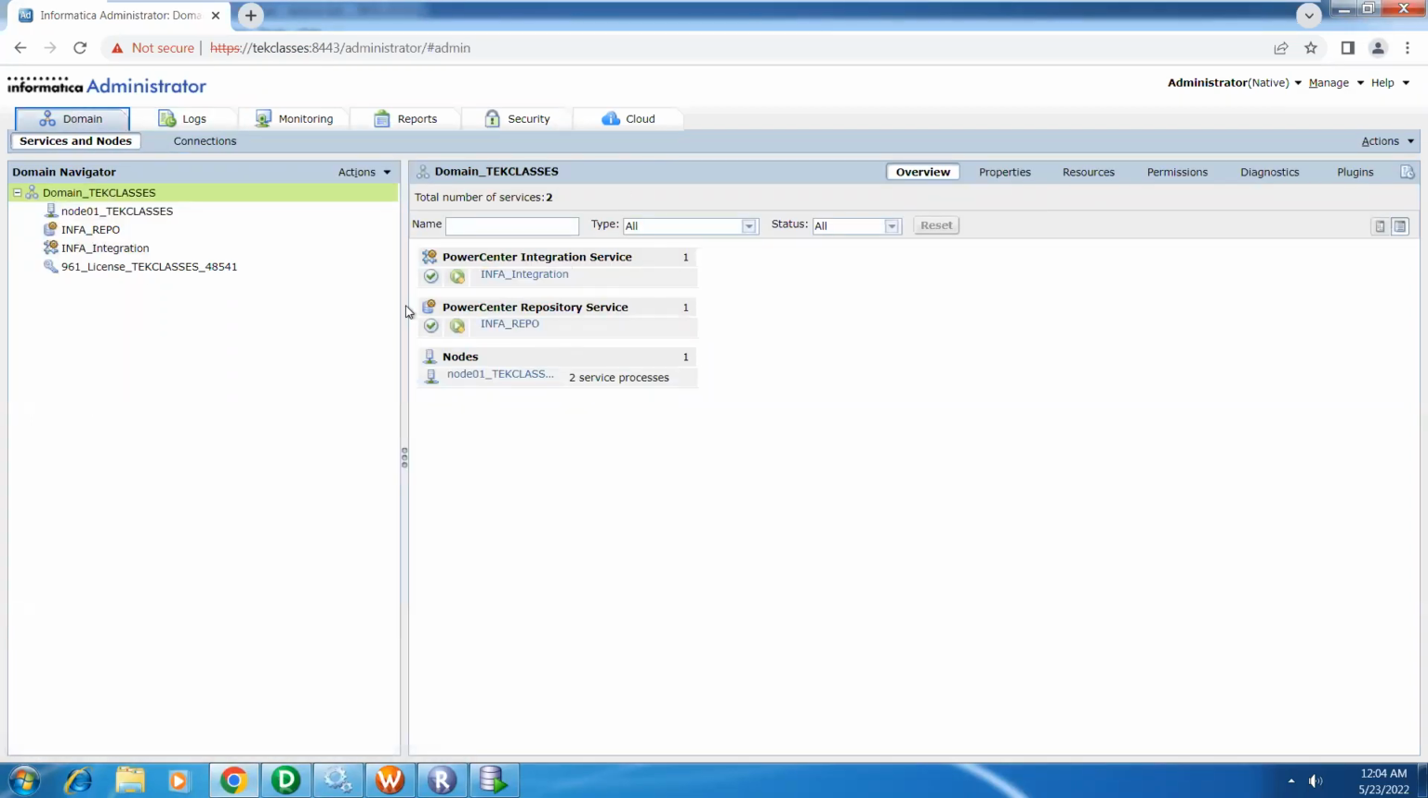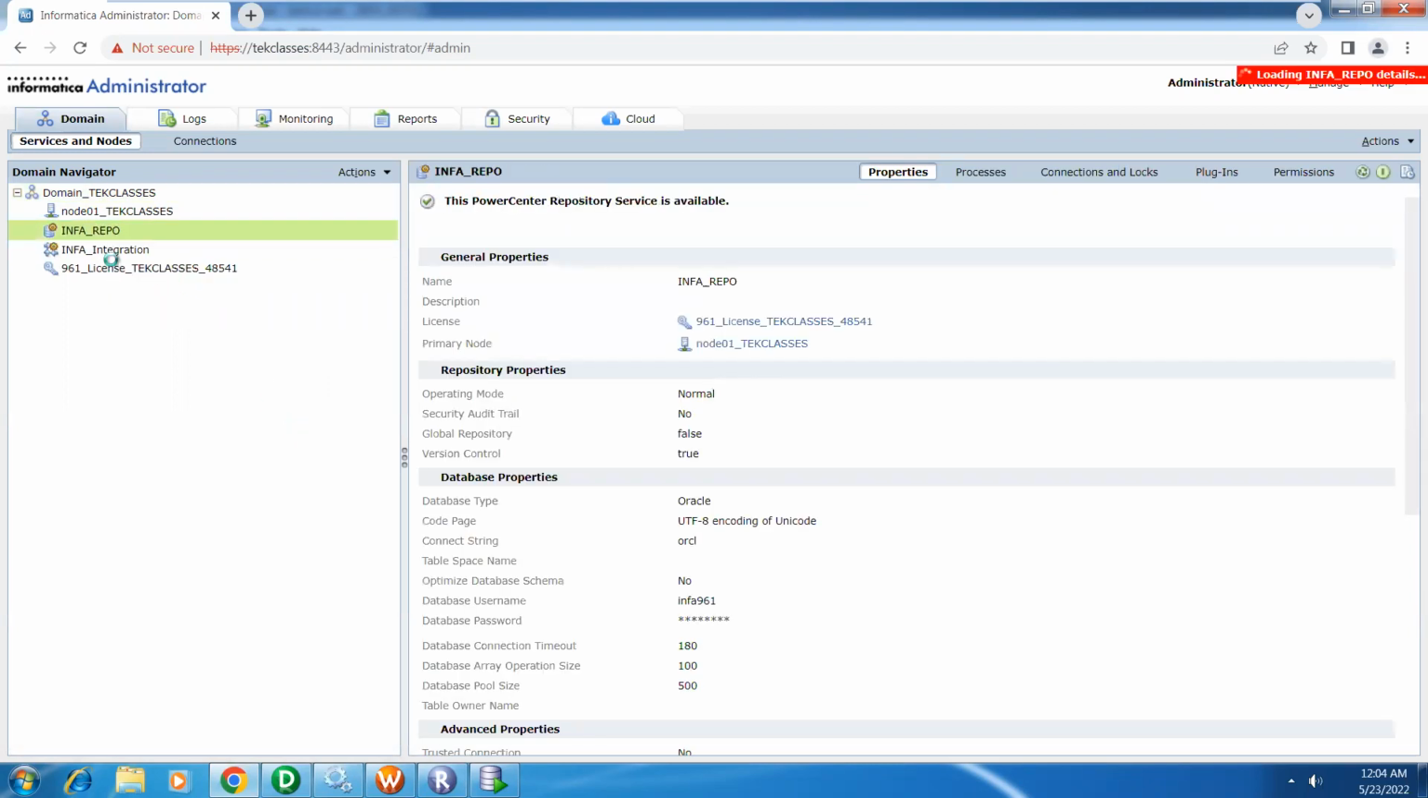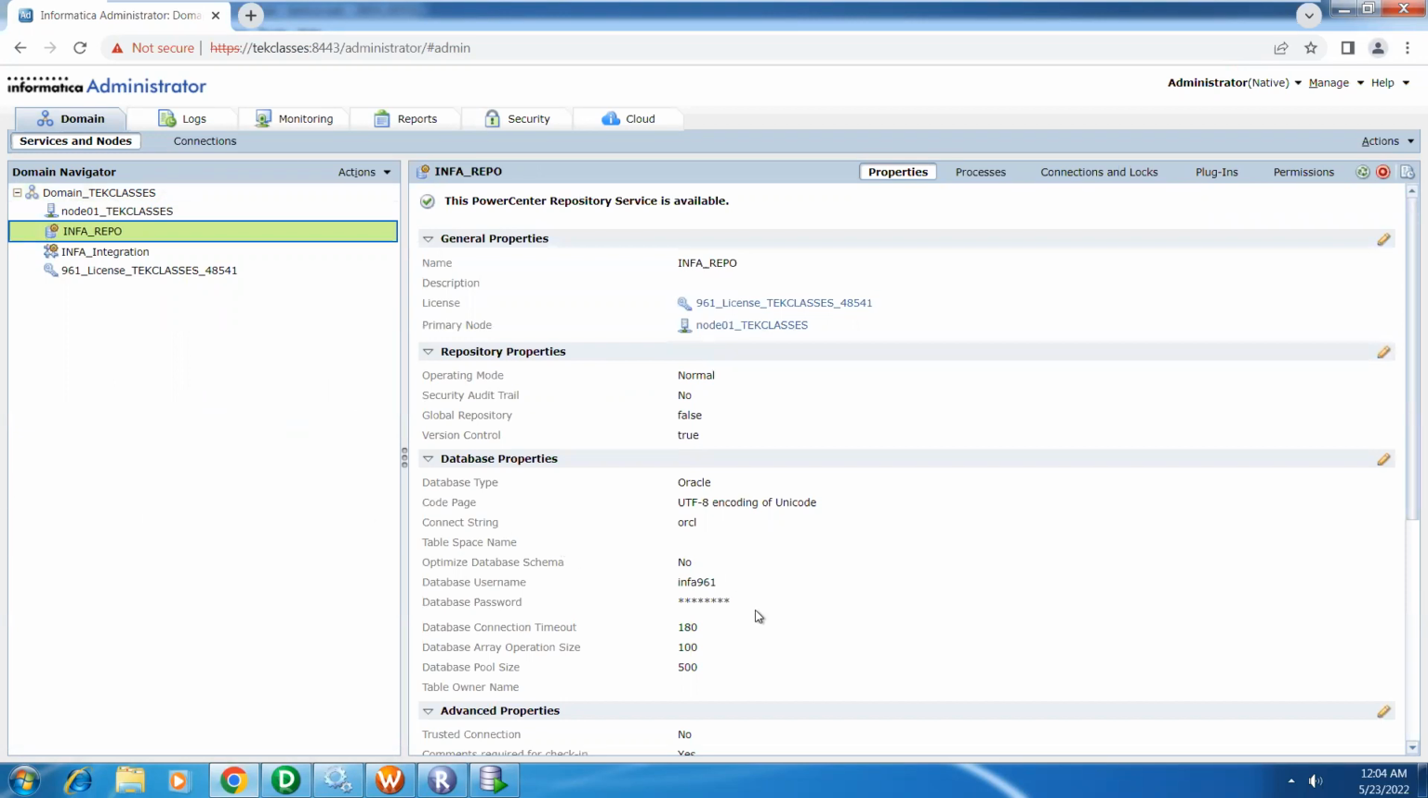And if you want to take a backup of your repository, maybe restore your repository from a backup file, you want to add the nodes, delete the nodes, maybe change the passwords, all of these things can be done by using an administration console. If you refer to my Informatica architecture video, you'll be able to understand what are all the different functionalities that can be performed using an Informatica administrator, right? And when you look at the